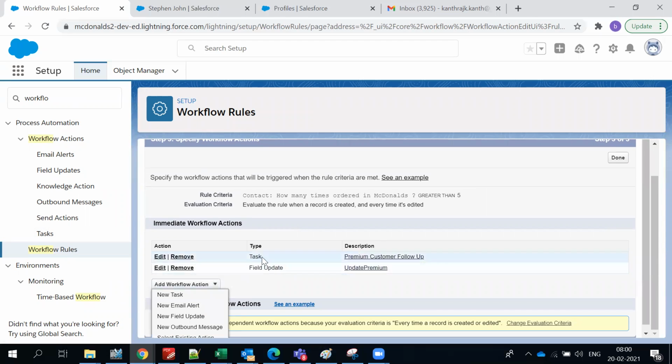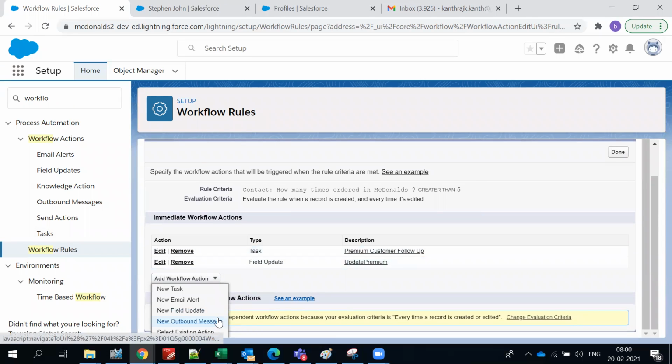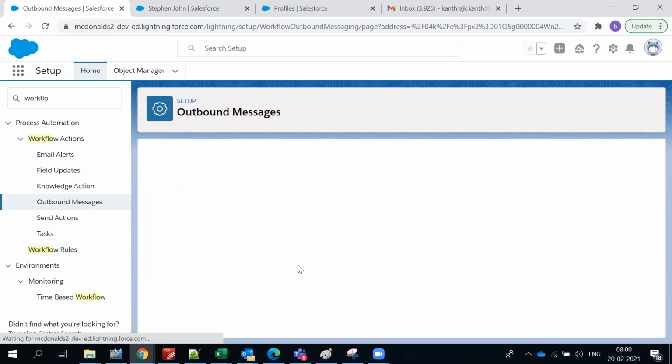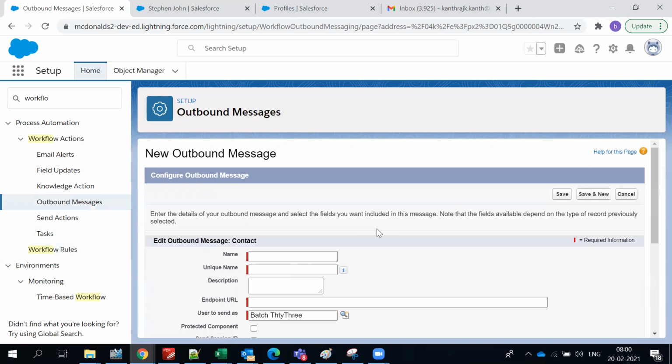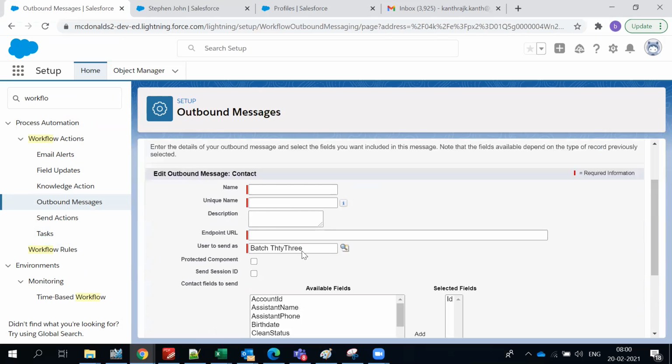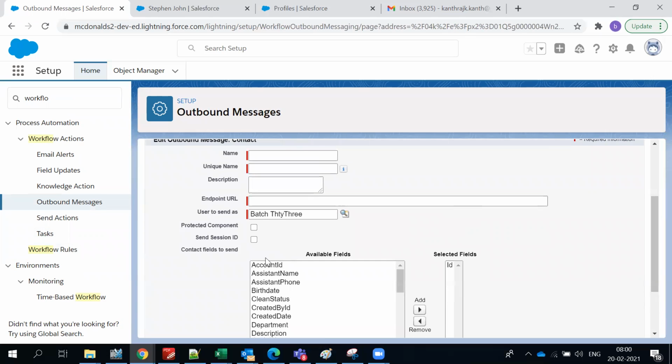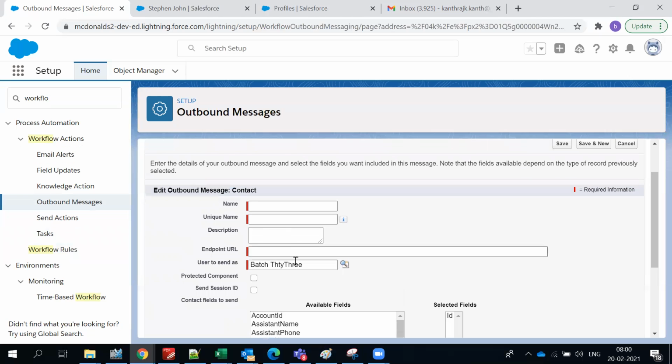So let me add another action which is the outbound message. I think we have used task, email alert, field update, and the outbound message. I want to use it. In the outbound message, this is something for the API: if you have an endpoint URL somewhere you are trying to hit, to Google or somewhere you want to do it, you would get this information. So what is my idea is